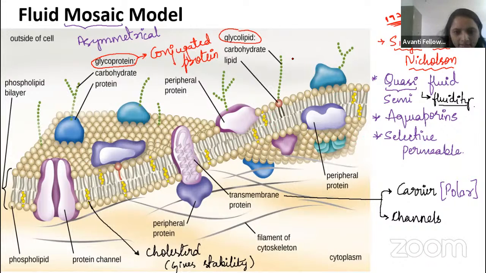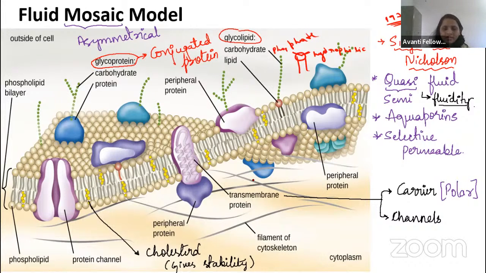Here you can see it is having the phospholipid, right, guys? In the phospholipid, this end structure we will call as hydrophilic, right, guys? Hydrophilic means the head structure is water loving. Water loving means it will be exposed where the water is, in the extracellular and cytoplasmic side. The head is consisting of the phosphate group, right?